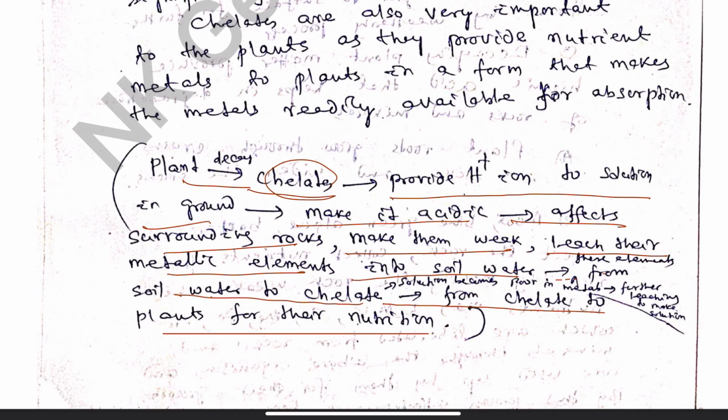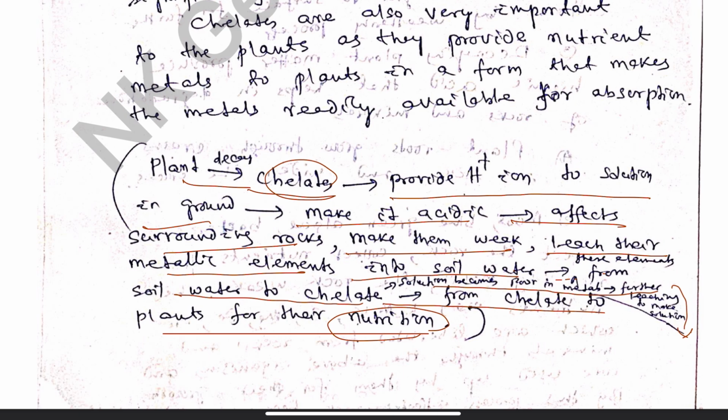And so the metallic components in the chelate become less as they are being continuously used by the plants for nutrition. It makes further attack on the minerals to liberate the metallic ions from the minerals, and they again come back to the chelate so that it is available to the plants for their growth. So during this process, more and more metallic ions are liberated from the minerals, as a result of which they become weak and they easily get affected by chemical weathering,